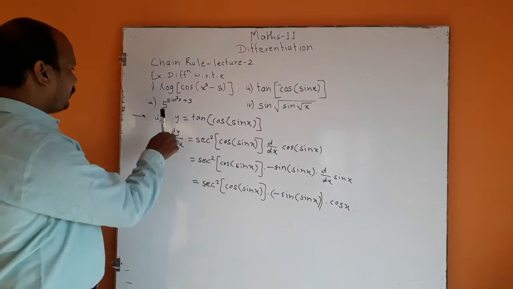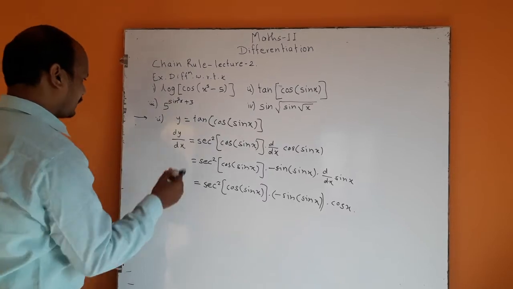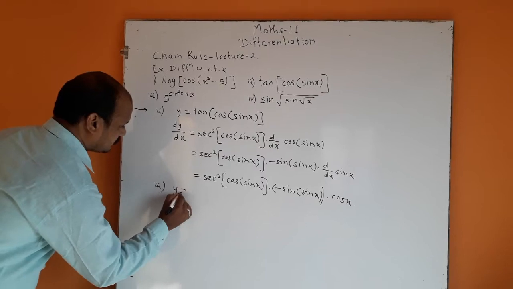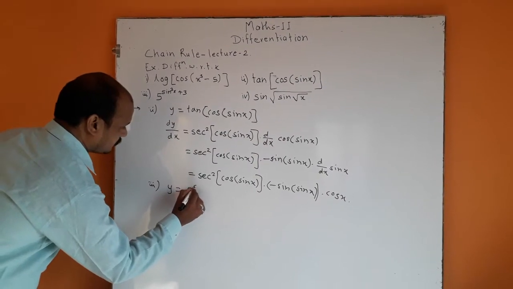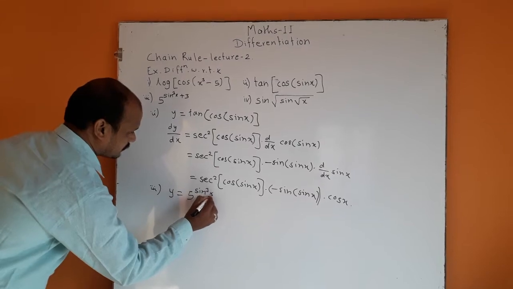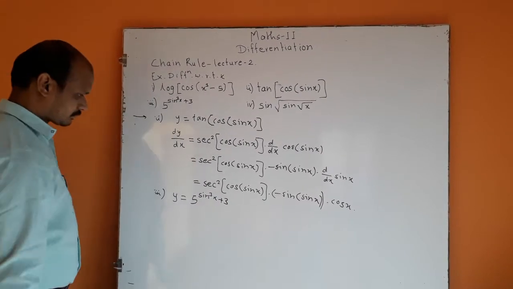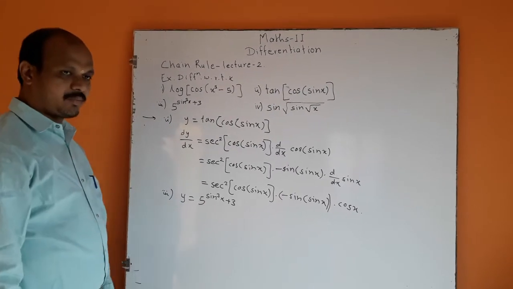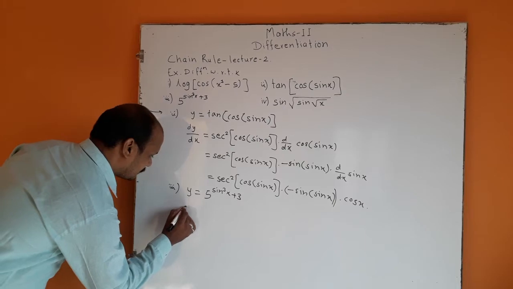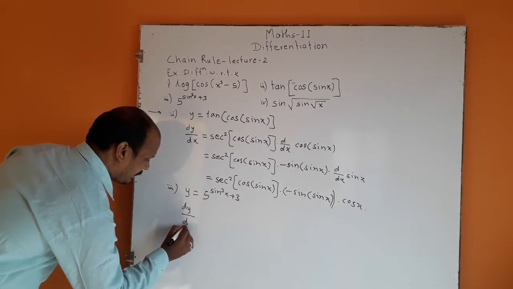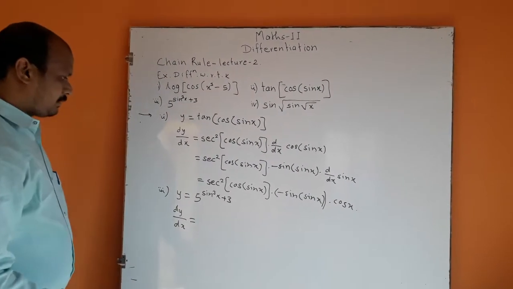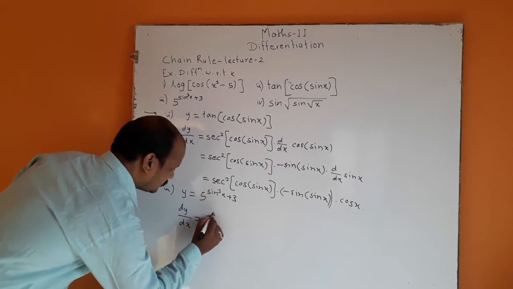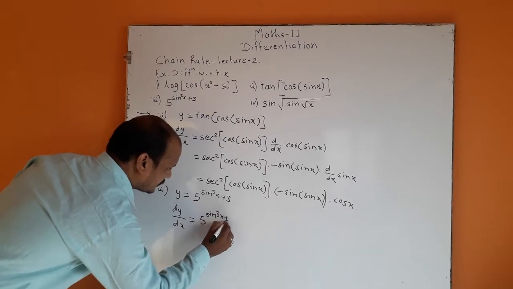Now third example, 5 raised to sin cube x plus 3. y is equal to 5 raised to sin cube x plus 3. This is of the type a raised to f of x. y is equal to a raised to f of x. Then dy by dx is a raised to f of x log a. So 5 raised to sin cube x plus 3